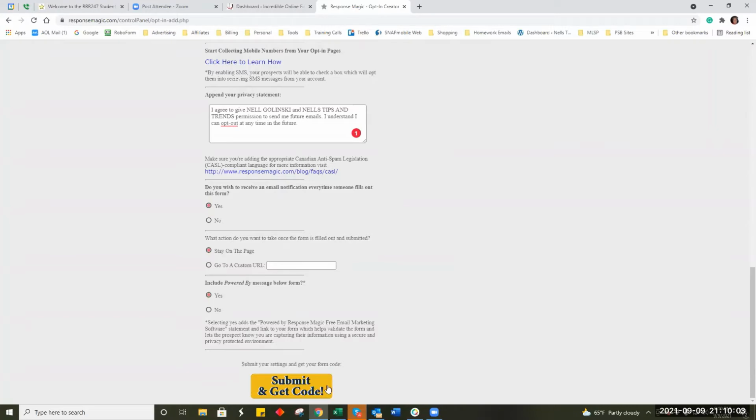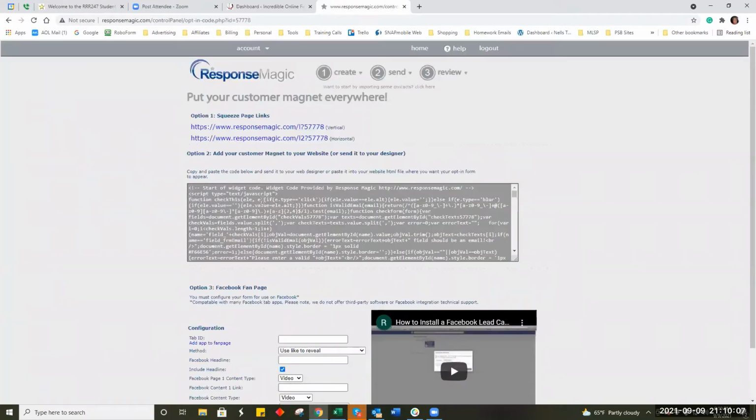And then submit and get code, click here. That takes you to the page with the code. You just click on this box, it highlights it. You can do Control-C to copy it. Then go back to your